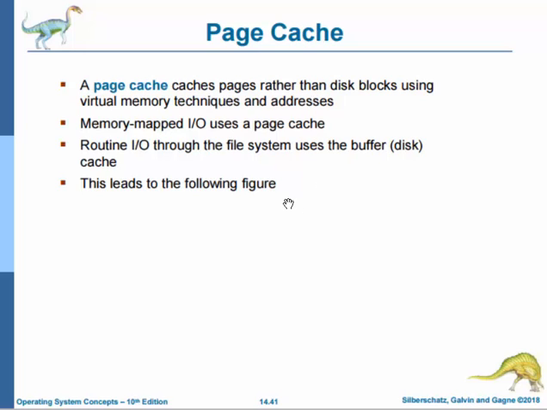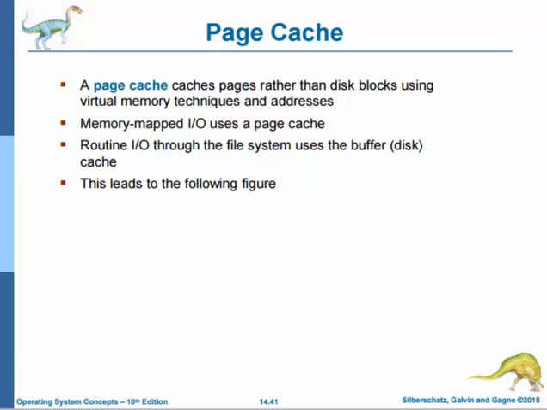Okay, so the page cache and the device drivers have some interesting interactions. When small amounts of data are written to a file, the pages are buffered in the cache, and the storage device driver sorts its output queue according to the device address. These two actions allow a disk driver to minimize disk head seeks. So basically, the page cache caches pages rather than disk blocks, using virtual memory techniques and addresses. It is also used to memory map the input-output page cache,